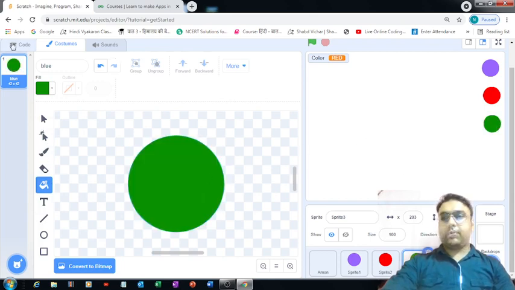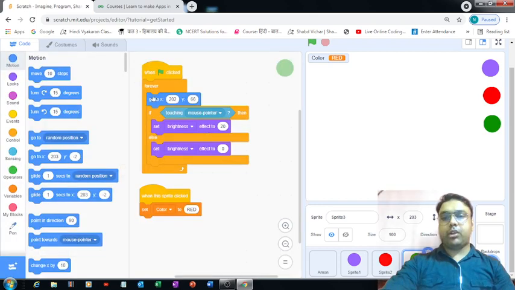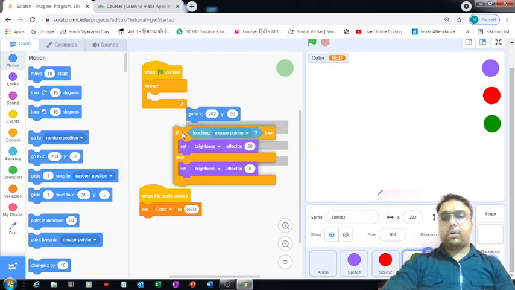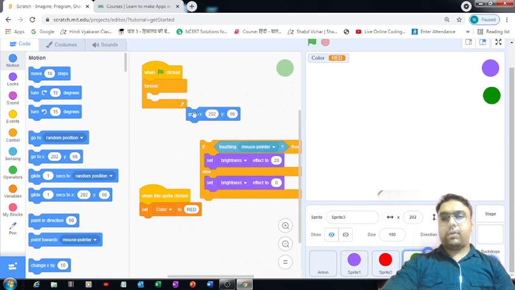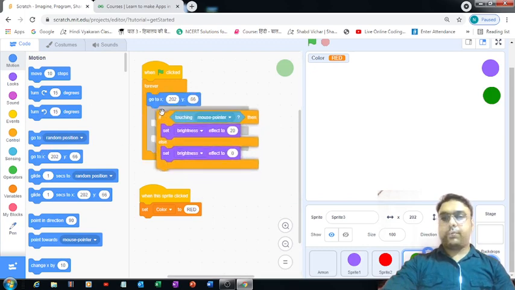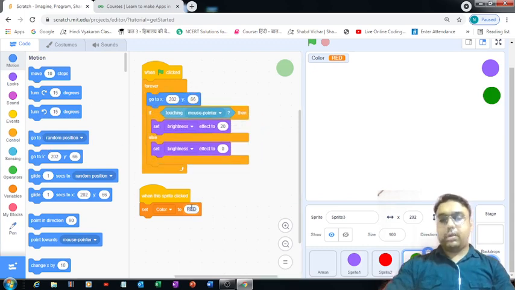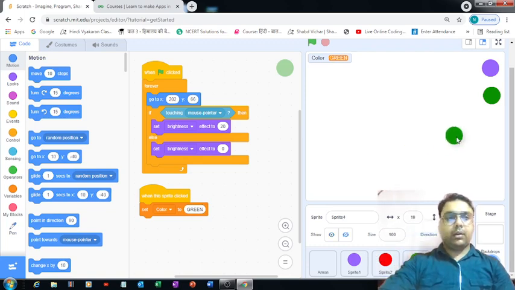Let's repeat the same steps, but before that we have to make some changes in the code. Right now green is active, so we can simply put this go to X block over here. I'm putting this one, and we need to change this to green. Then we can duplicate, create a copy of this circle.